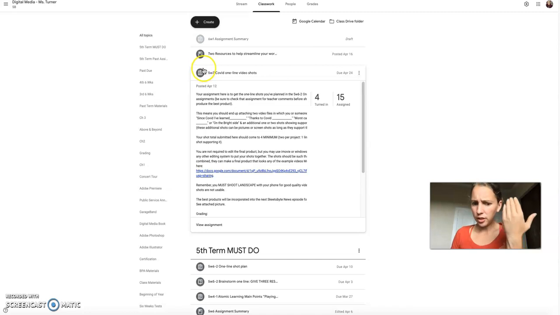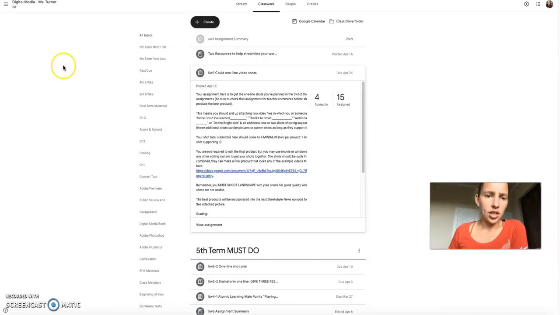So, hopefully you have caught on to my grading and labeling system. What I do is I label everything by the term and week it was assigned. So everything that was originally assigned in the fifth 6 weeks has a 5 in front of it. Everything assigned in the sixth 6 weeks will have a 6 in front of it. And then it has a W, which marks the week. And then it has a number of the week.